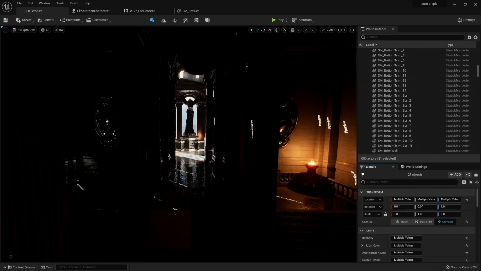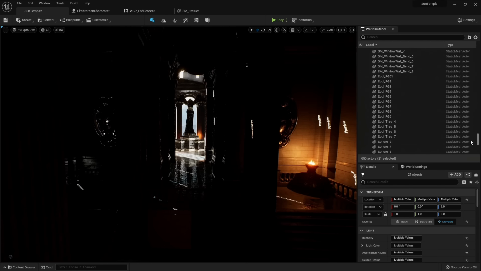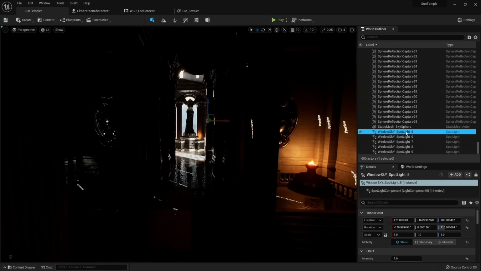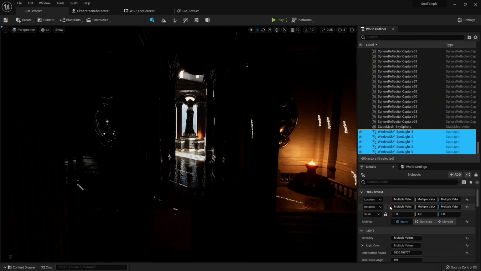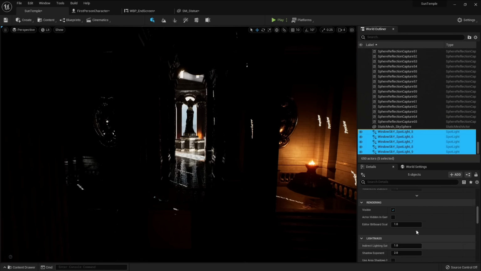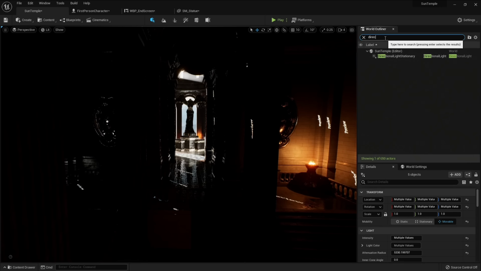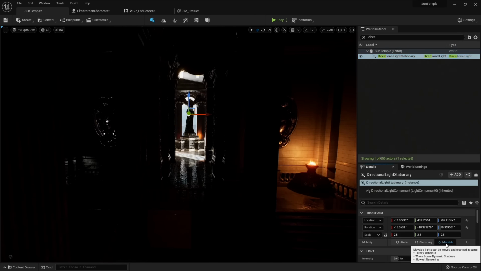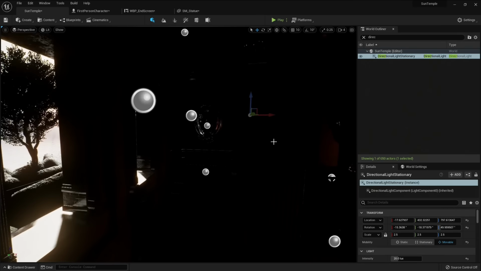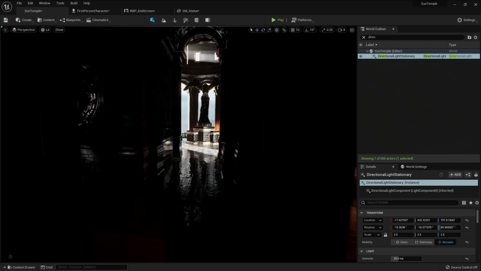And then we're going to drag all the way down. Let's see if we have some more lights. And it looks like we have Windows, Skylight, Spotlight right here. So I'll select this one, hold on Shift, select that one, and let's change it to movable. And then let me check if we have a directional light. We do have a directional light. I'm going to select this one and set that to movable. So now we get rid of that preview text, but now my world looks absolutely